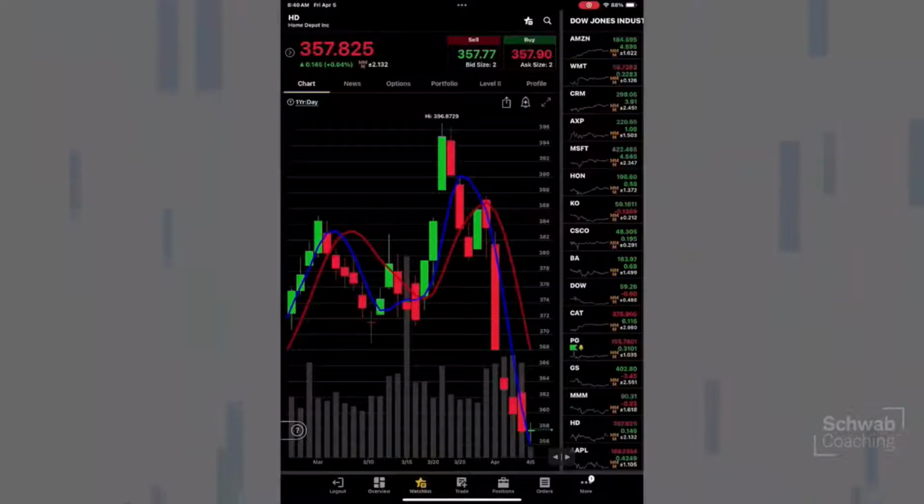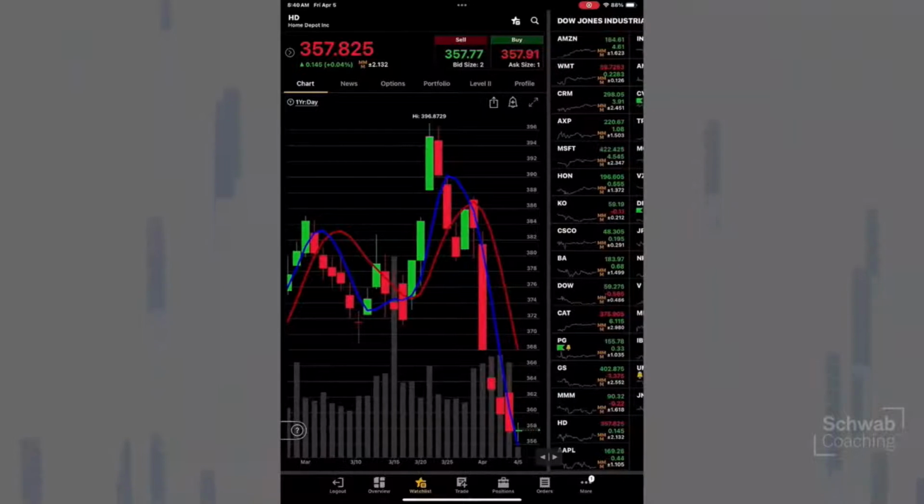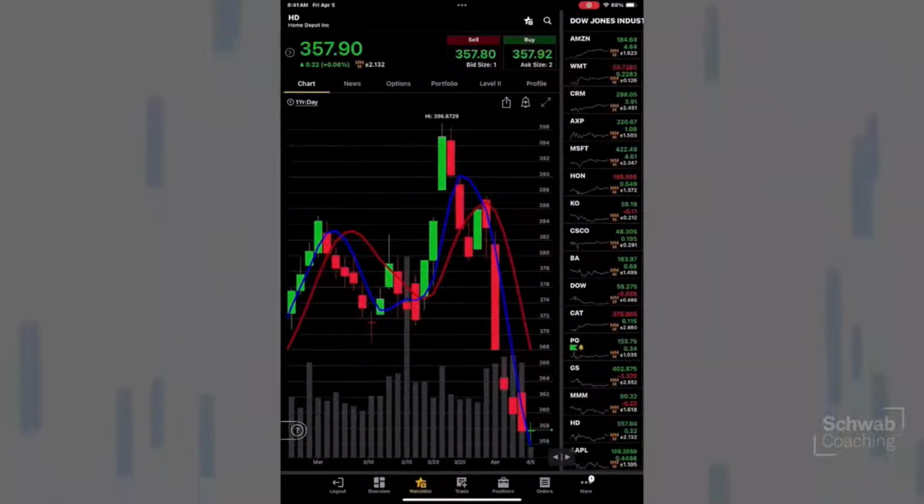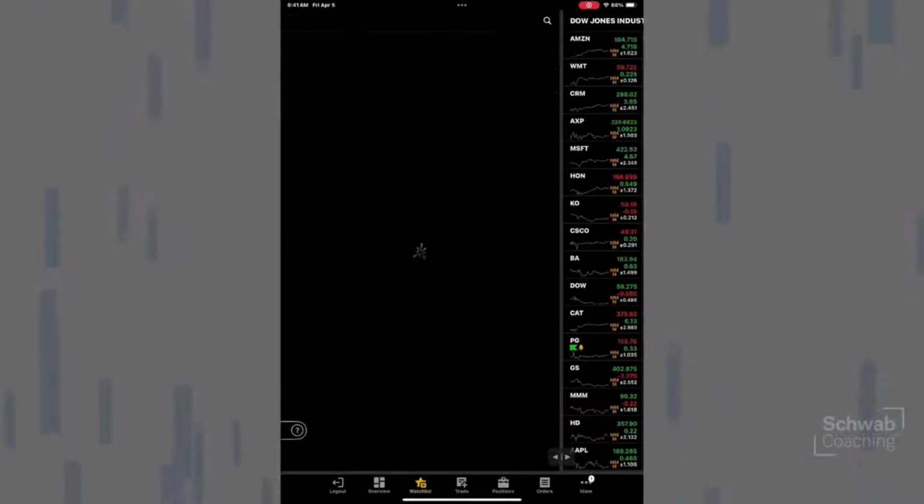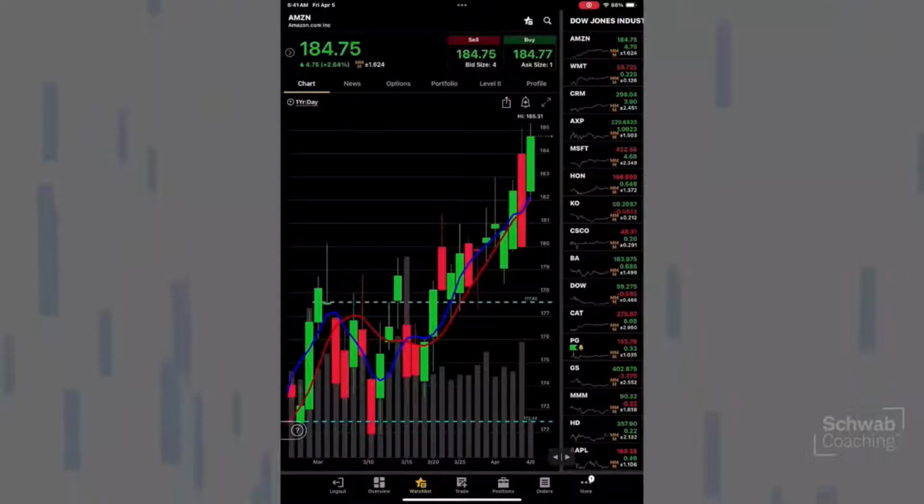And this is where on the right-hand side, we can see a watch list. And the watch list that we have pulled up is really the Dow Jones, which we will show more of, okay? So if I just click on any of these stocks to the right, and you can see the list, if I click on Amazon, it loads Amazon.